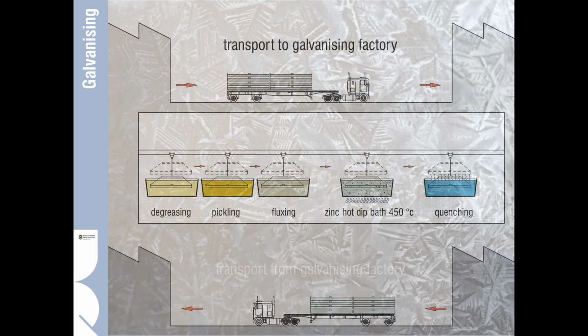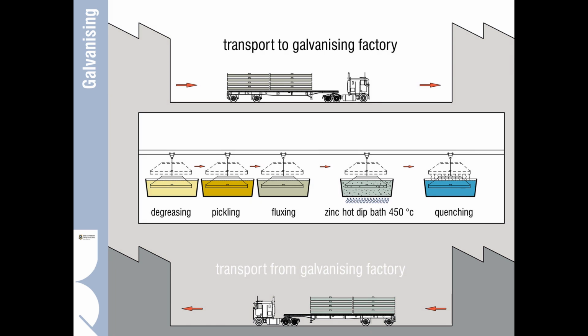So typically what happens is that the steel is fabricated in one factory, transported to the galvanizing factory, and then either returns back to the factory that made them for holding and redistribution, or if the workflow is organized very well, then the elements leave the galvanizing factory and arrive direct to site. But this requires a great deal of coordination. So it's important that we get the steel geometry and detailing right, because not only is it virtually impossible to change it on site, but there's so many consequences in the steps that are needed to produce the steel and